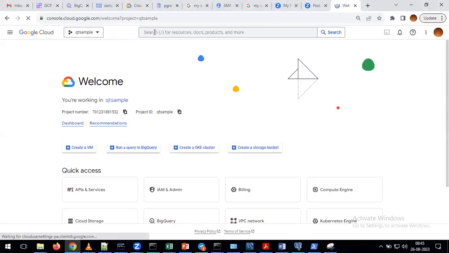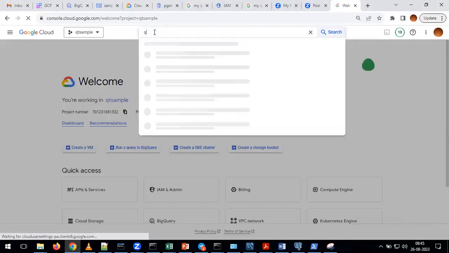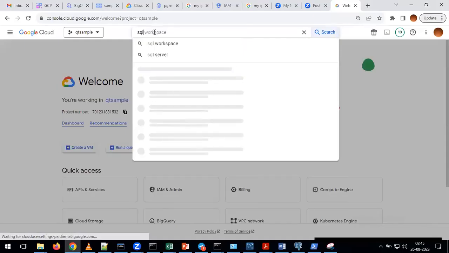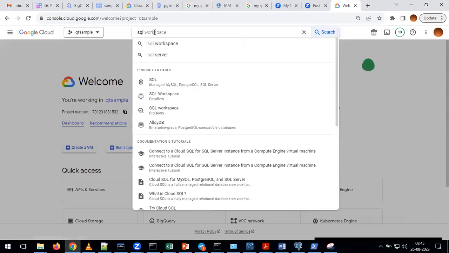Okay. After that, here search for SQL. In the search bar, please search for SQL. If you search for SQL, here you can see options like this. You have SQL and SQL workspace. Please select the SQL and don't select the SQL workspace. We need to select the option called SQL. This is nothing but our Cloud SQL.